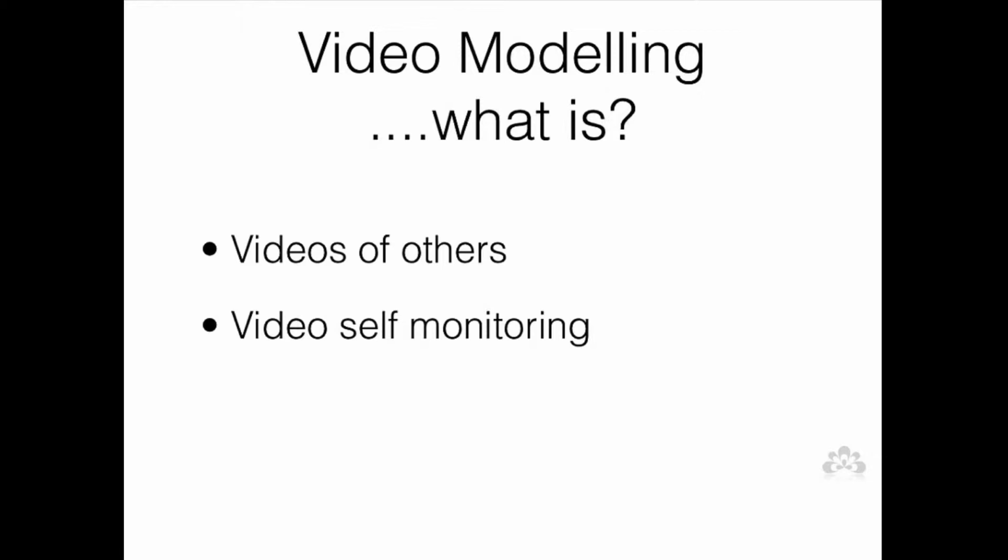Then you've got video self-monitoring, where the video is actually of the person doing the desired skill. Now this may be a little bit harder to capture, but it might be more effective depending on who you're using that video with. Some of the people that we're supporting need to have themselves featured in the video or photos of themselves in stories or social stories in order for them to be meaningful. So video self-monitoring can be a more effective strategy for some people, but it can obviously be a little harder to take and get the desired skill